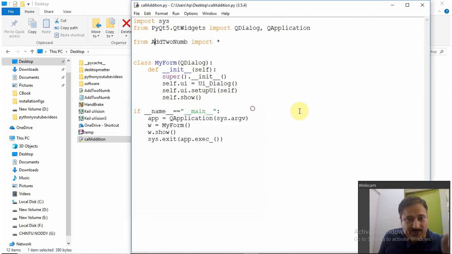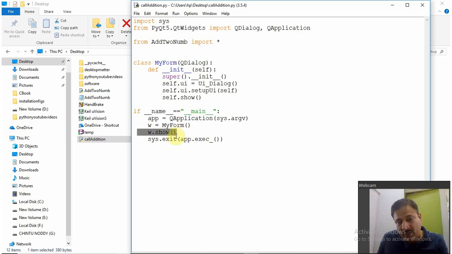What is this code doing? See, we are importing the GUI form that you created, right? What you're doing is that you created a class by name myForm and you are inheriting the built-in class QDialog. So this form will access the dialog box. That is the form that you made. This is initializing it and displaying it. This is the main section through which you are invoking the class that you made. You are making an object of it.